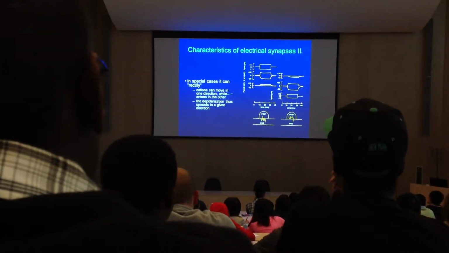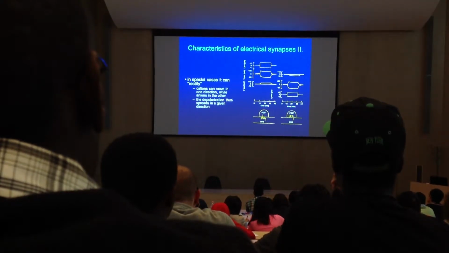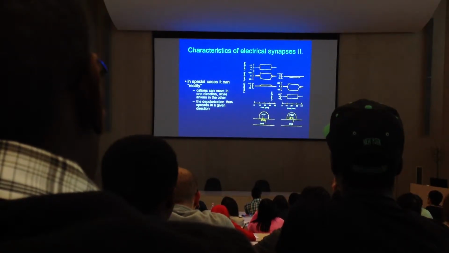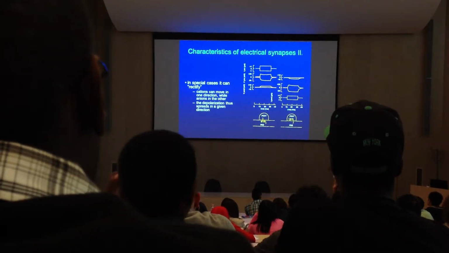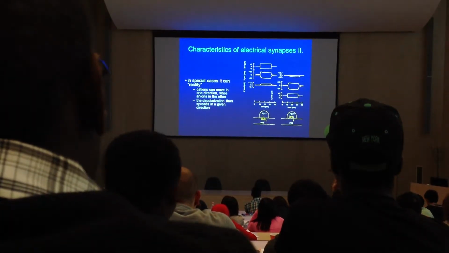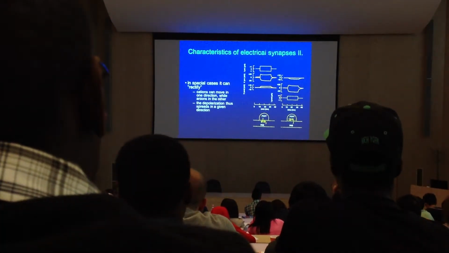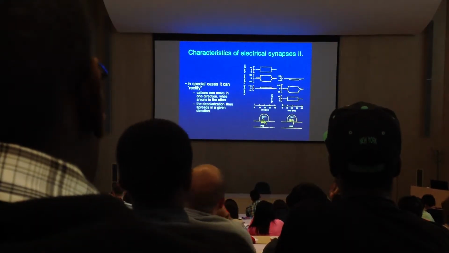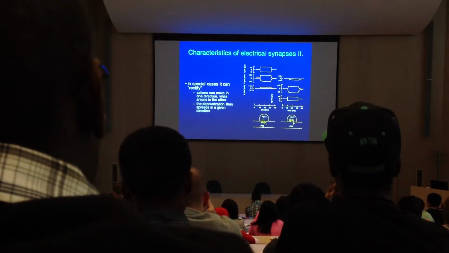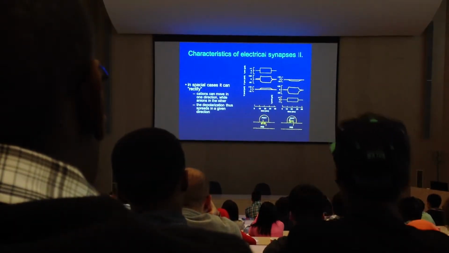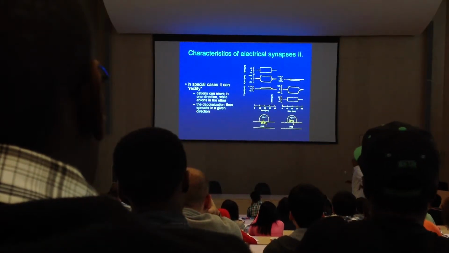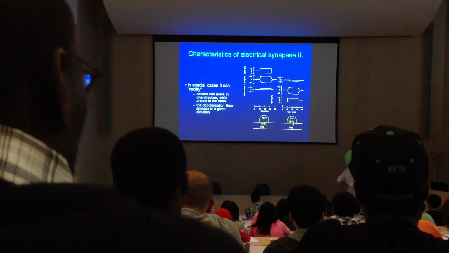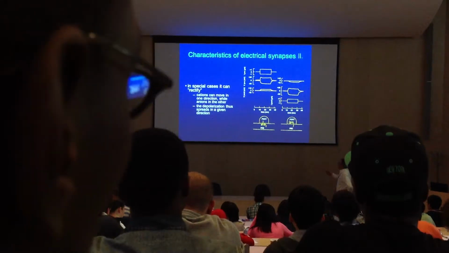So, in some special cases, these electrical synapses we call rectified. That is, they only allow the movement of cations in one direction, while the movement of anions in the other direction. This is depicted here, where from pre to post, positive charges can go, negative charges cannot, whereas from post to pre, positive charges cannot go, negative charges can. In this case, depolarization, which is usually what we call the information, can only spread in one direction.